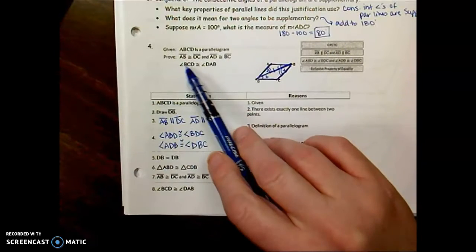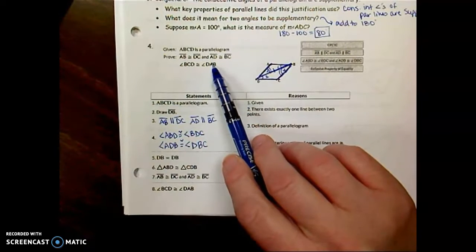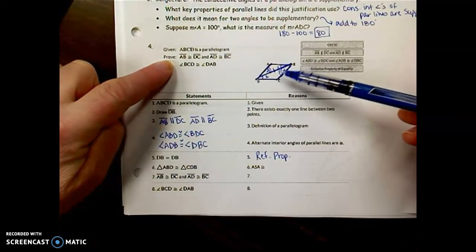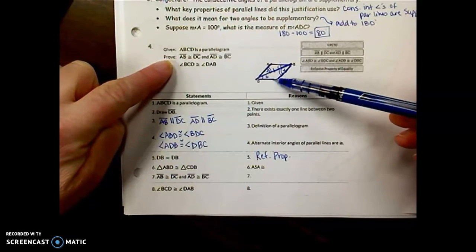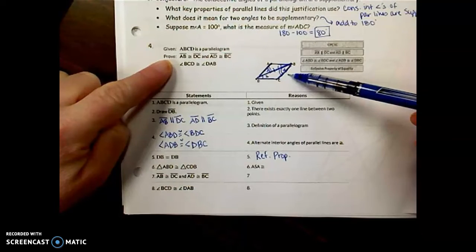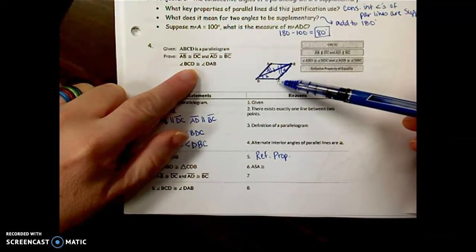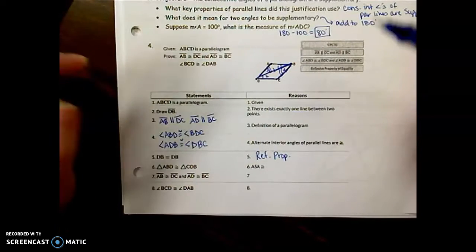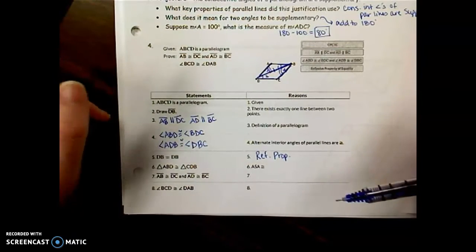That's how we're going to prove everything true that we're trying to prove. So now I know side AB and DC are congruent because they are corresponding parts of those two congruent triangles, and AD and BC because they are corresponding parts of those congruent triangles, and these angles, angles BCD and DAB,